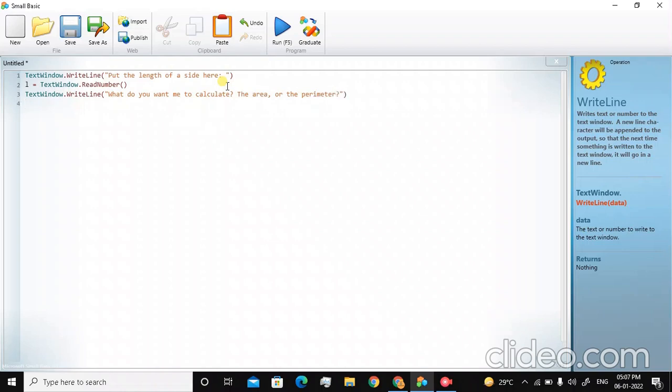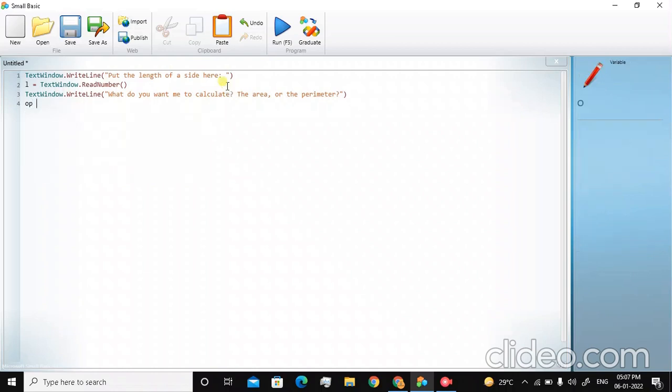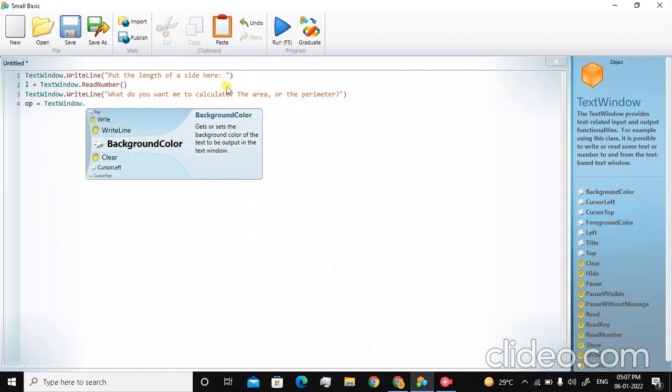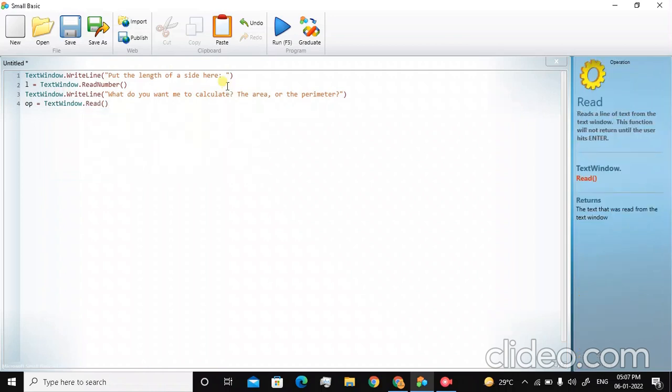So what we're going to do here is say operation, we're going to put OP is equal to text window dot read. Now the person can put anything, but the code does not understand what exactly it's going to do. So it doesn't know what operation it has to do. So we can put